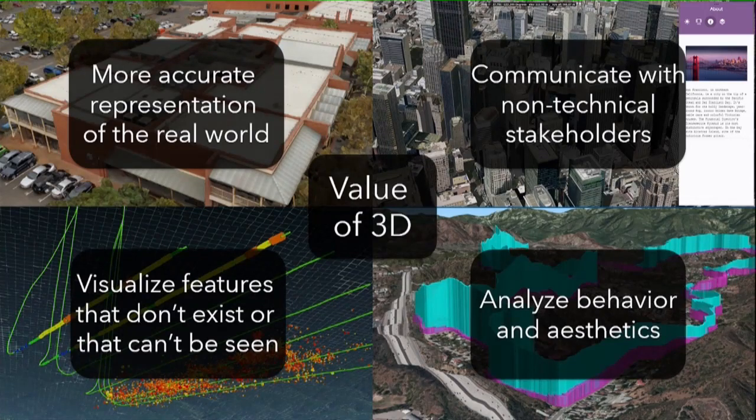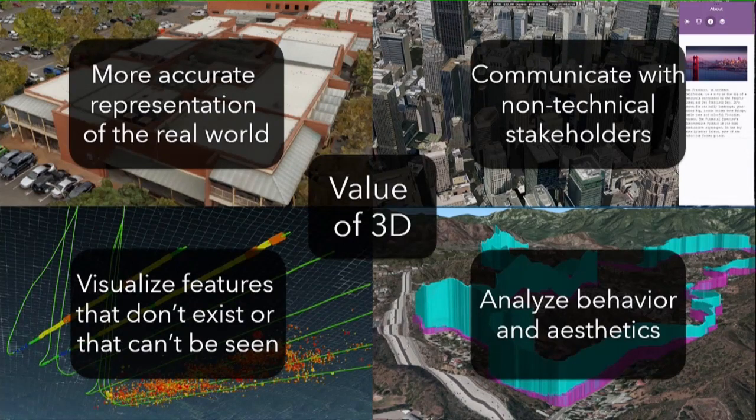We are at the point today where 3D can be a more accurate representation of the real world than 2D. You use 3D to visualize stuff you can't see. This could be in the future, this could be in the past, or this could be simply under your feet. 3D is often more useful for communicating with non-technical stakeholders than 2D maps, and I've seen this in practice,